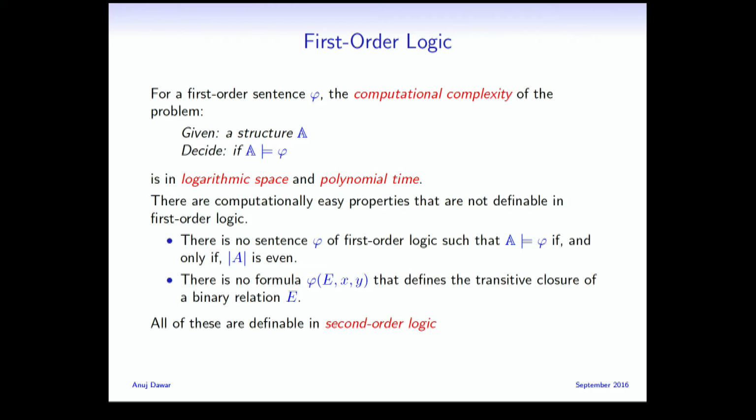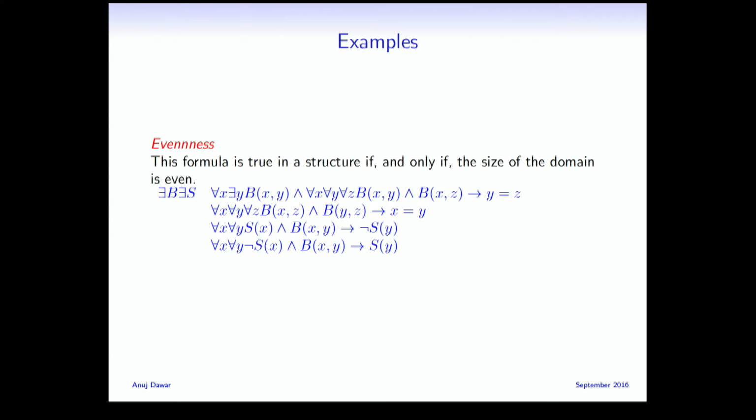If we go to second-order logic, all of these become definable. And I thought I'd just try and write down the definitions. We know it's all doable, but here's a formula of second-order logic that says that the size of the universe is even. What does it say? Basically it says there is a binary relation B and a set S such that B is a bijection between S and its complement. I'll leave out the interpretation of all of that, but basically that says that there's an even number of elements. And because B and S are quantified, this is a formula purely in the language of equality, which is what we want.